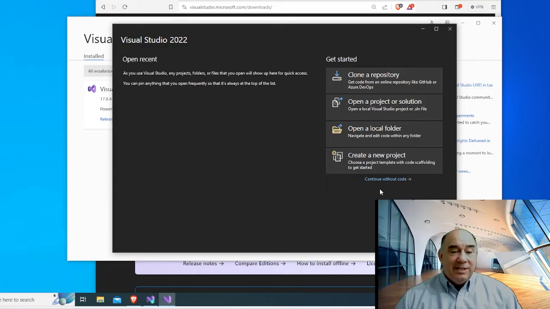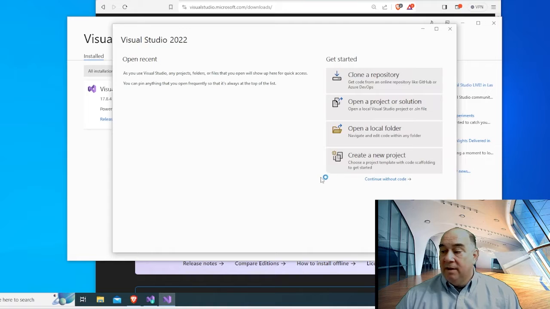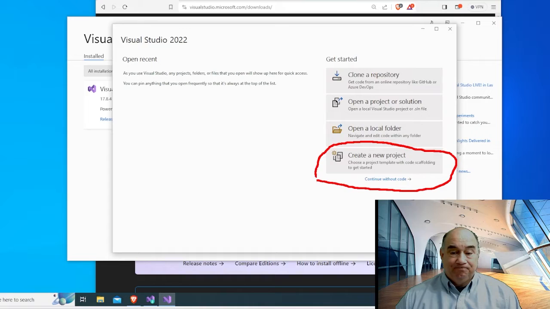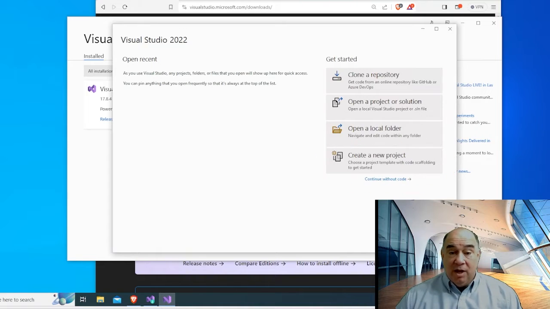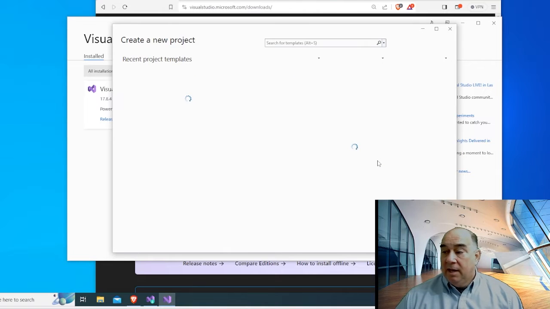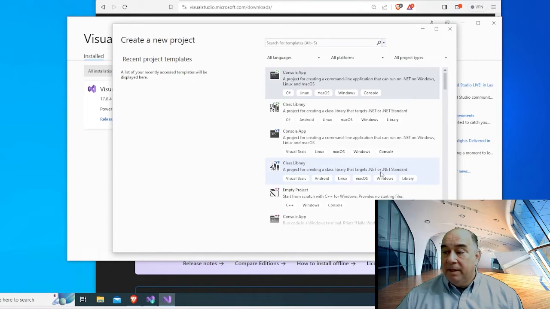And here is what you will see when you typically open up the system. What you'll want to do for every assignment you create, every assignment that you have, you're going to want to create a new project. Bear in mind that Visual Studio is an IDE. It's a programming environment. So you're not creating just one program. You're going to be creating a project that may include numbers of programs. Now, for your sake here, you're only going to be creating one file, but the system still wants you to create a project. So we're going to create a new project, and we can call it what we want after